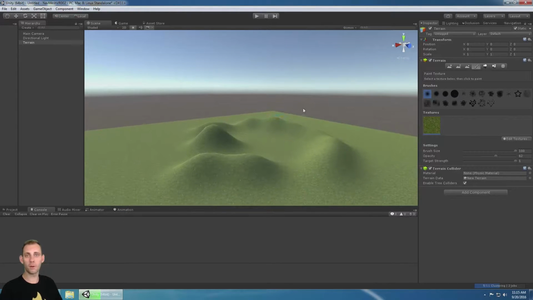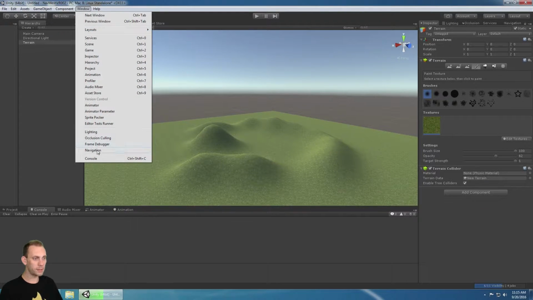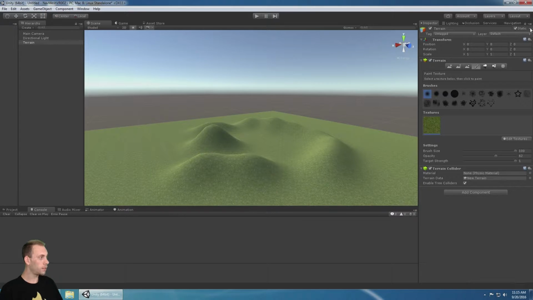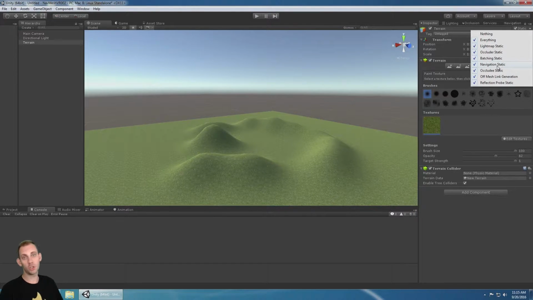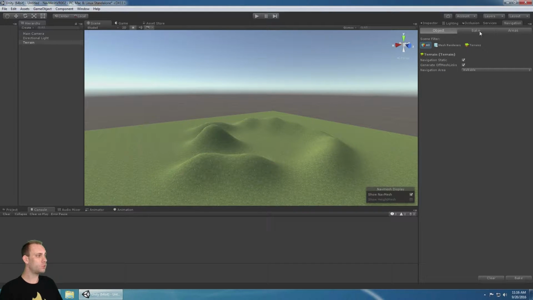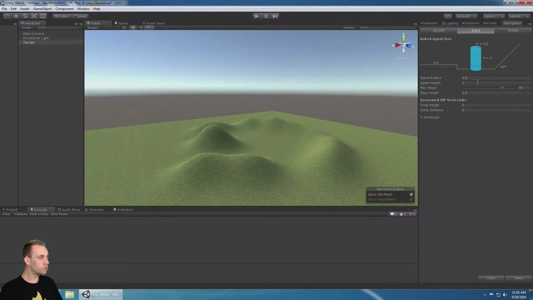Looking good so far. Now to bake a NavMesh, there's a lot of really good tutorials on there. So I'll just go real basic. You can click on the navigation window, and I have it docked here by the inspector. And so I'm going to make sure that my object is set to static, and specifically navigation static. But if you fully set it to static, of course, navigation static's a part of that. So now that it's static, I can bake a navigation mesh to it,